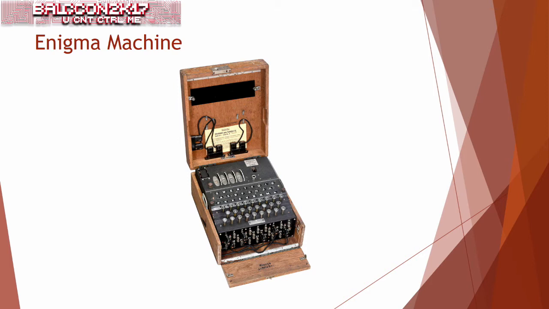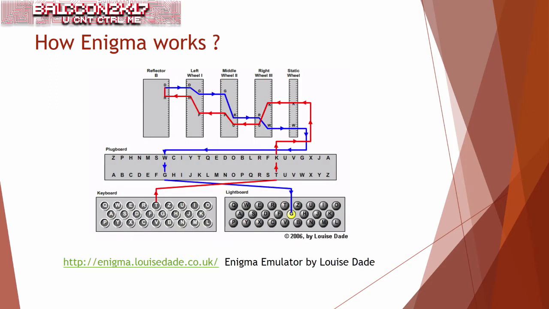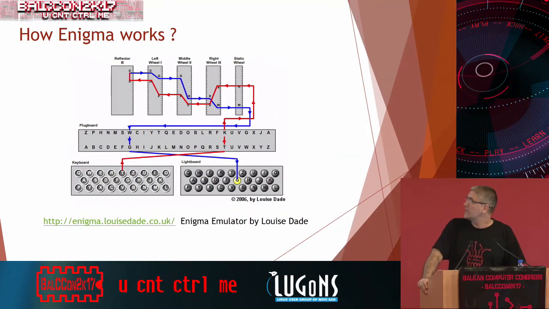Well, now we come to the point of the Enigma machine. You have probably seen these images before, but let's see how Enigma really works. It has those wheels, which are initially of different types, with different letters on positions that we define here. When you press a button on the keyboard, it goes